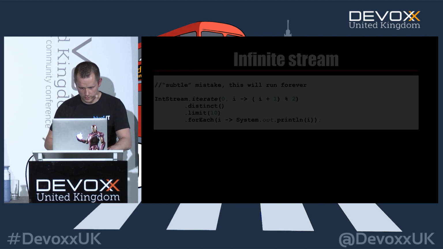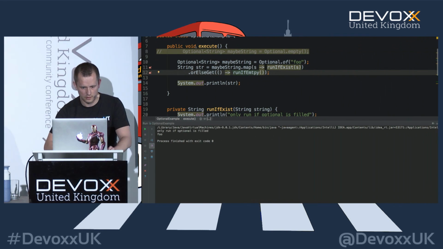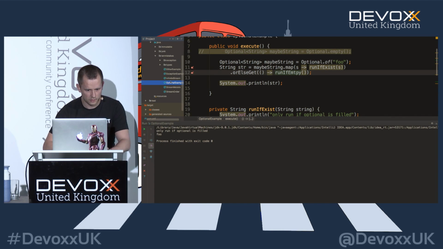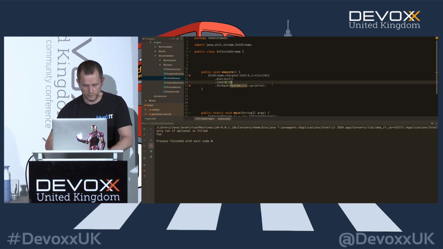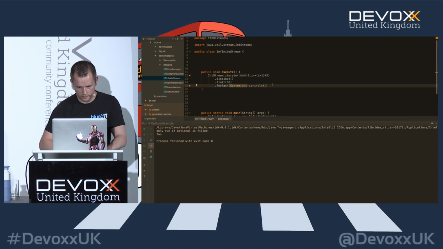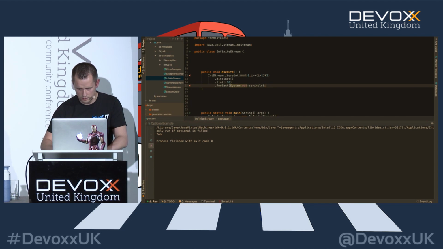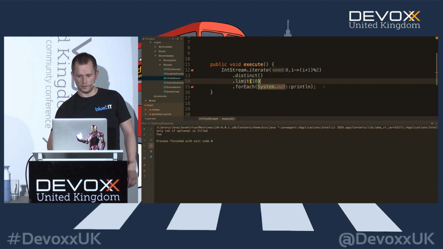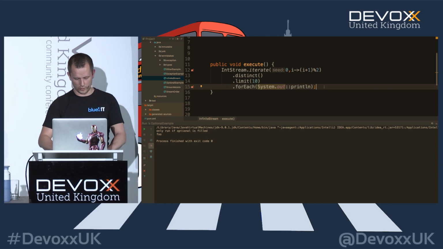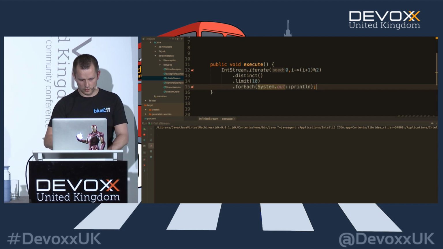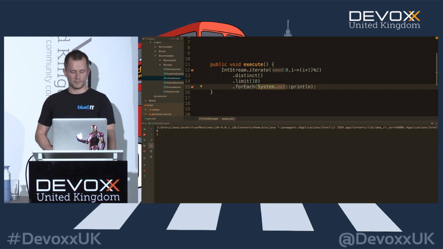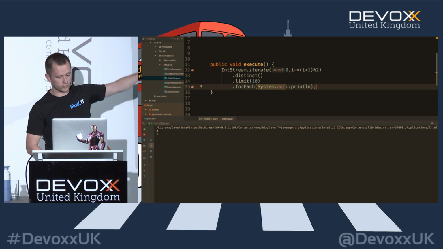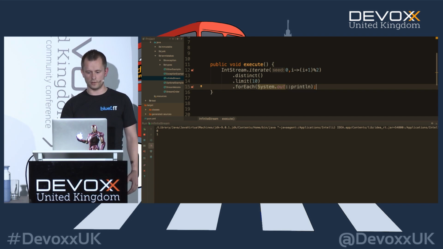First of all, this. You will see it over here, right? Let me run this one. And what you see is that 0 and 1 are in my console, but it doesn't terminate.